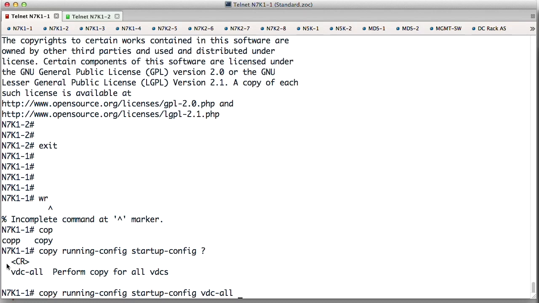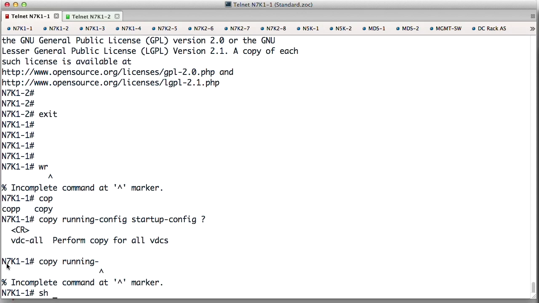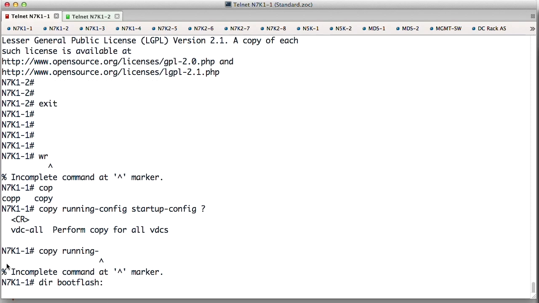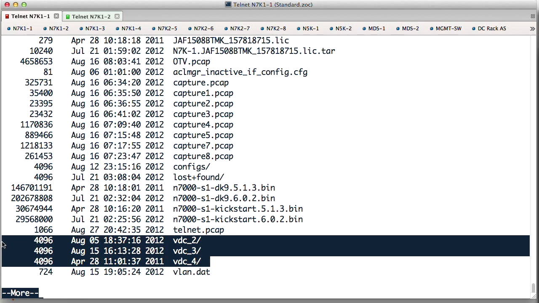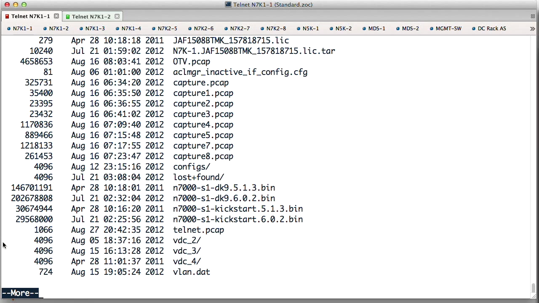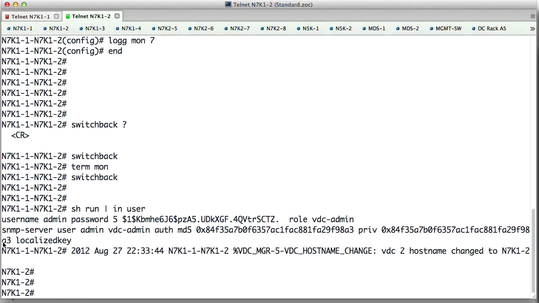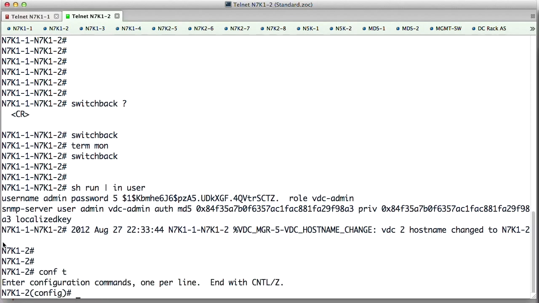Now, actually, if we take a look, let me just back up here a little bit so it doesn't perform this config. If I do show boot flash, dir boot flash, I can actually see that I have different directories for the different VDCs. So there really are separate places in Flash, even in NVRAM, that the different configurations for the different VDCs are kept. So if I'm telnetted into the 7K1-2, the second VDC, which for all intents and purposes is a completely separate switch, I can